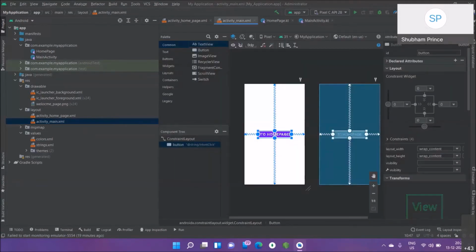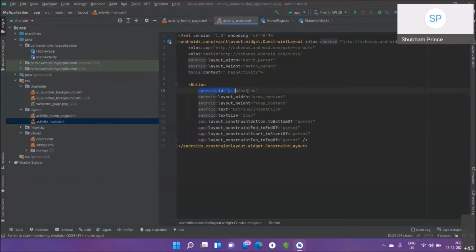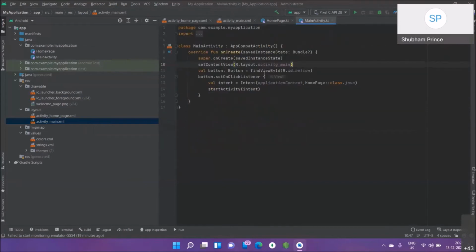See, when I was creating this button, there was an ID here. The ID is button. Now, this button ID, if you want to link your XML to the Kotlin file, the coding part, you have to make sure that it recognizes it. So how will you recognize it? You have to use this function, findViewById. Before I can add this button from XML to the coding part, in this Kotlin file, using findViewById and then R.id.button, I have to keep it somewhere. So I'm creating a variable.